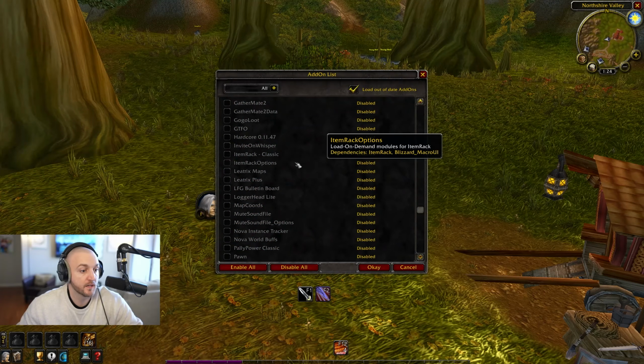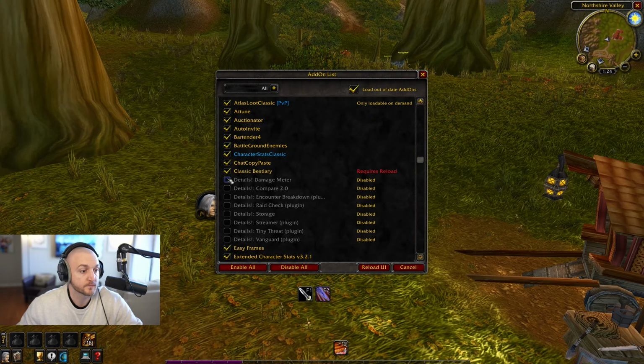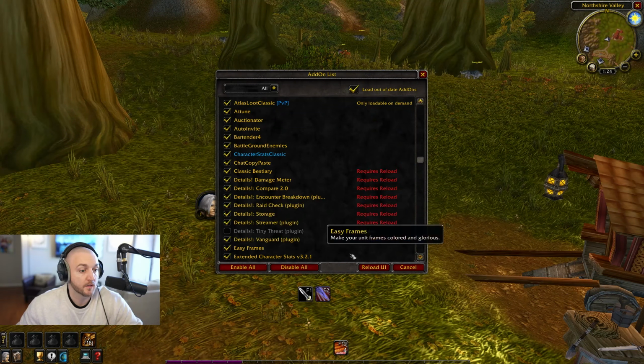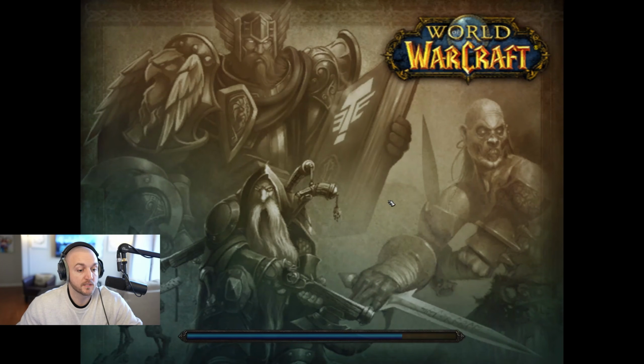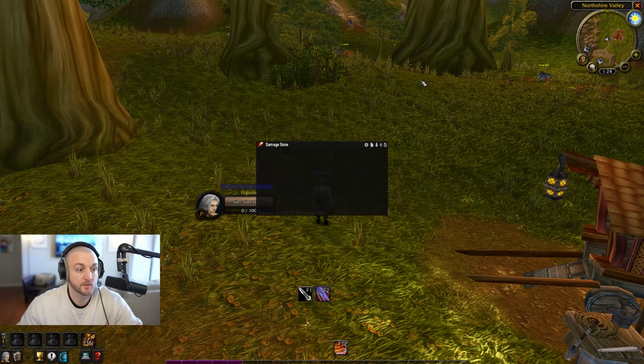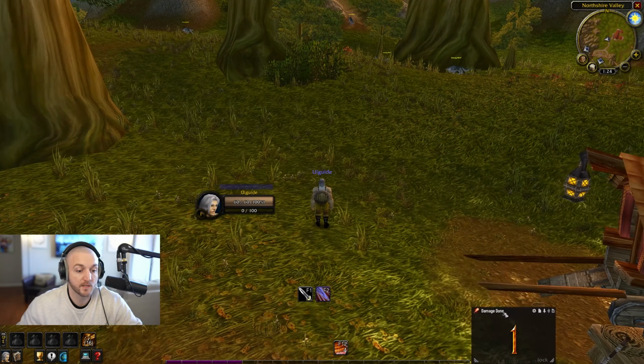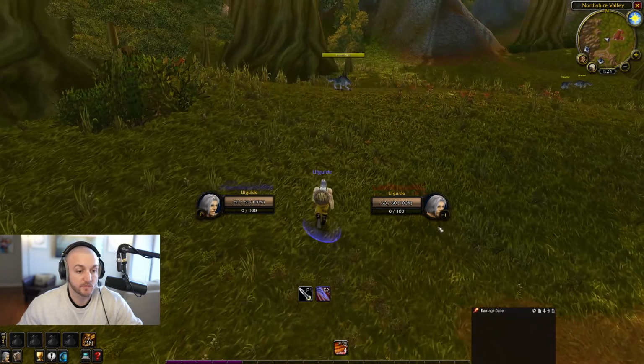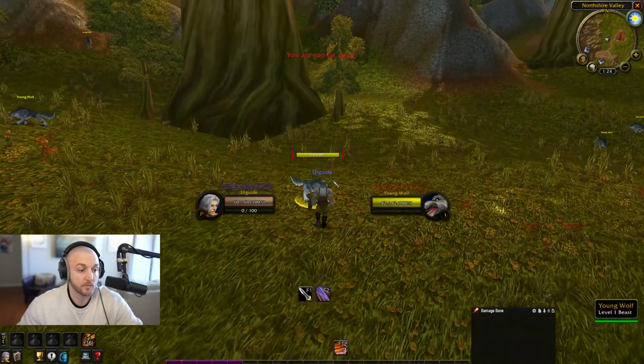Another add-on that I like is Details Damage Meter. All right, if you install Details, it's going to look like this at the start, and I like to kind of just downsize this about here and put it over here on the side. And what this is going to do for you is it's going to show you how much damage you're doing to mobs. So if you walk up and hit them,